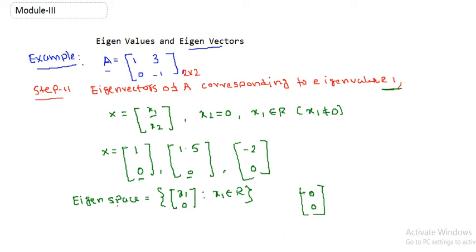This basically comes from the solution space of the equations. I think you know about the solution space from your matrix class. We have these equations, equation 1 and equation 2. If we take all solutions of this system of equations, we get the eigenspace. The solution space of this system of equations is the eigenspace corresponding to the eigenvalue 1.